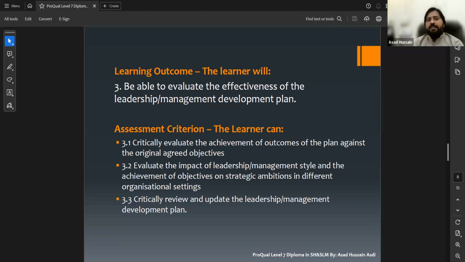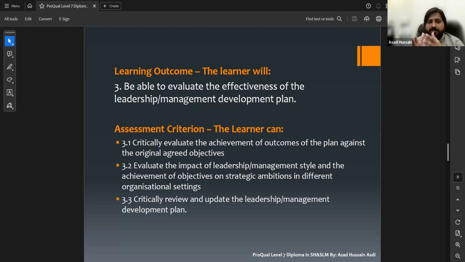Because these management skills should be dynamic, not static. Management is not doing some static, stable thing. In management, every day you have to face different things, and challenges are different on a daily basis.